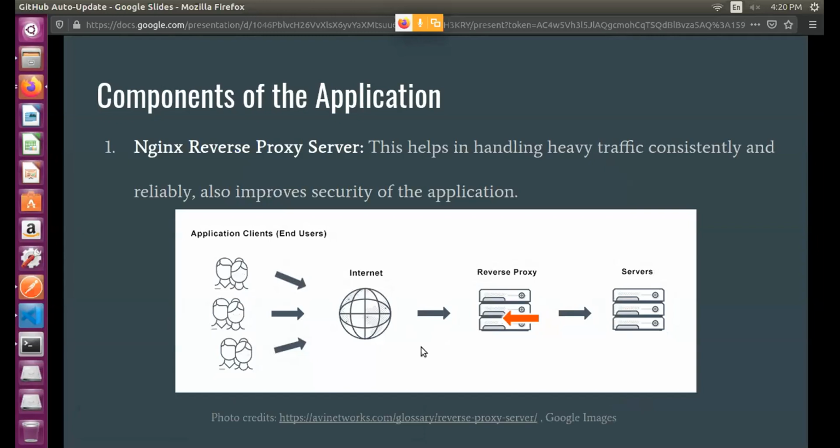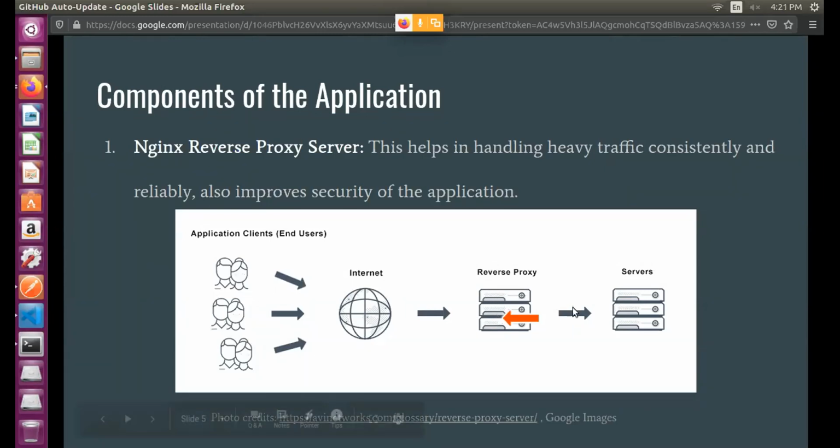So here I have described how a reverse proxy works. Basically, it is just a server which sits behind a firewall inside a local network. The advantage is that it enhances security, and it makes your application more durable, because the requests don't come directly to your application, they come through a reverse proxy.